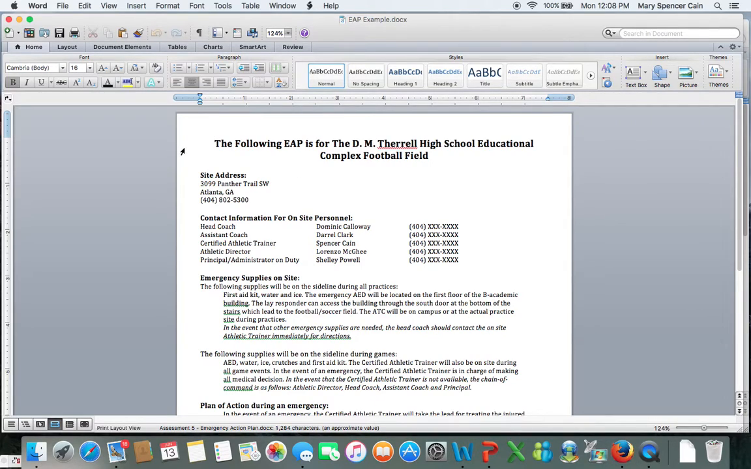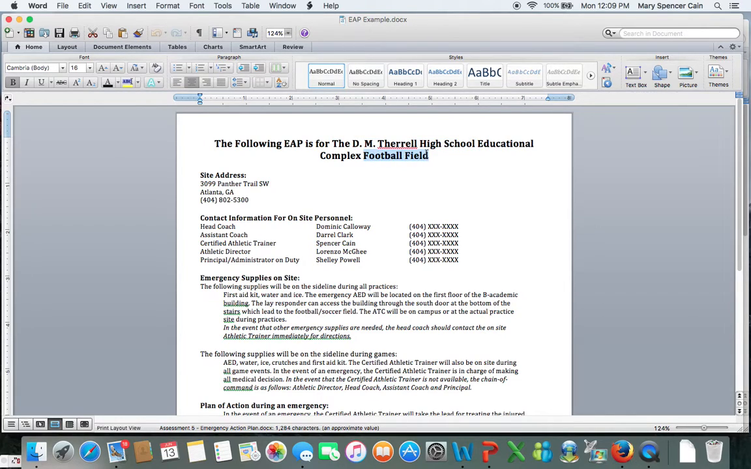Okay, so up at the top you'll see this heading, okay, and this is a very important heading. So it says the following EAP is for the DM Thorell High School Educational Complex football field. Okay, so I first need to know that this is an EAP, okay, because people don't always read the fine print. Even though this is a heading, they may be looking at it and have no idea that that's what it is. So you need to say that it is an emergency action plan or an EAP, and then you need to say for what school it's for and the location. Okay, so DM Thorell High School Educational Complex, the football field there,